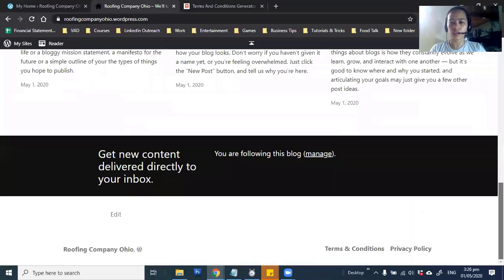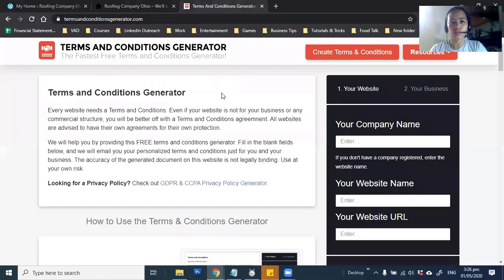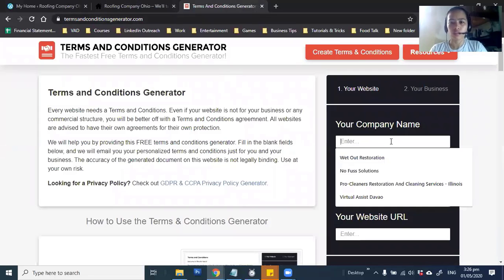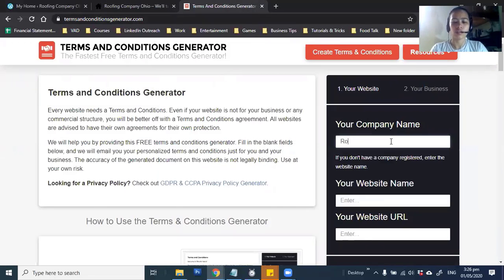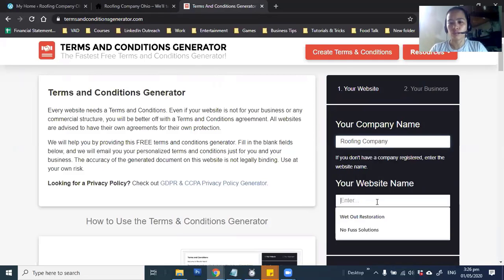You go in here and type the term. We have here the terms and conditions and privacy policy. So you can go to termsandconditionsgenerator.com. You can enter your company name here, company website name